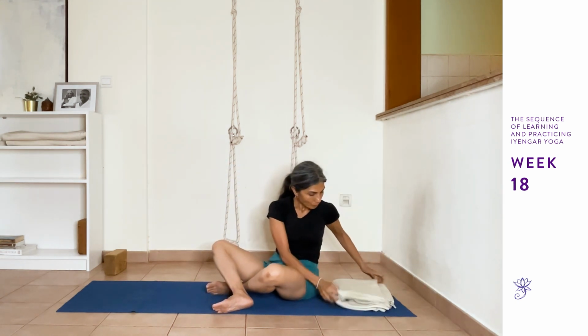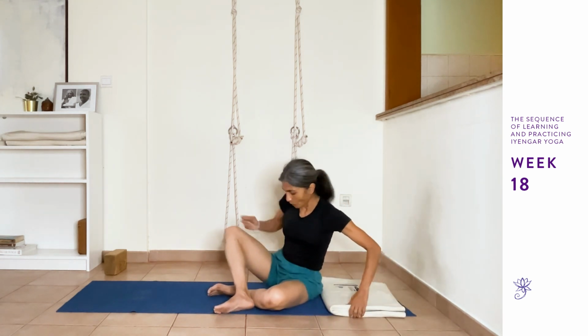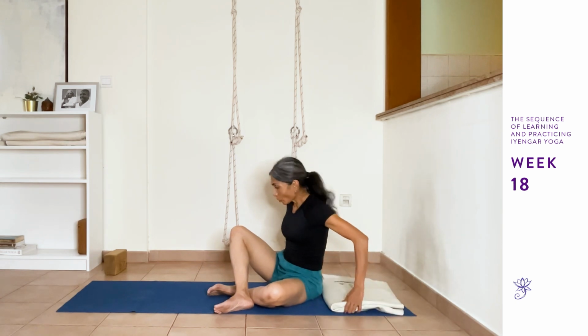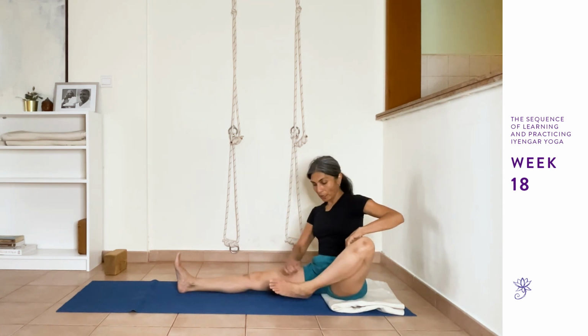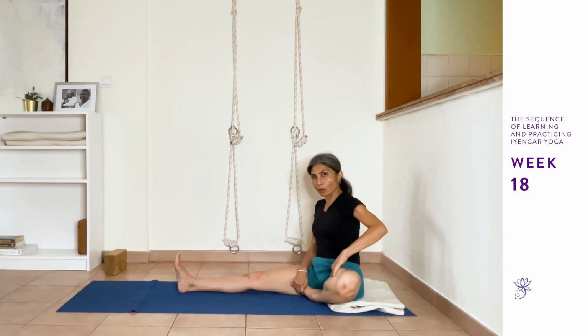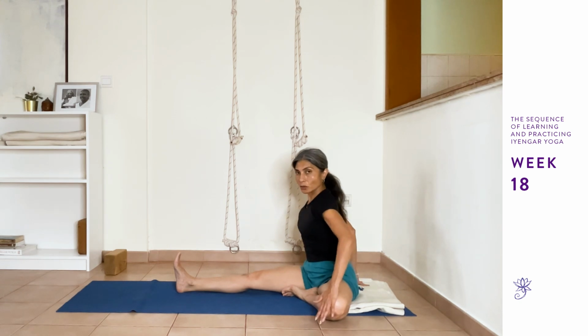Sitting on your support, if you need any belt, please use it. Legs are straight, toes straight, pressing your thighs down, bending your right leg, moving the knee back, getting the heel to come closer to the groin. And the knee has a movement of going back and down, pressing down, and your pelvis starts to lift and